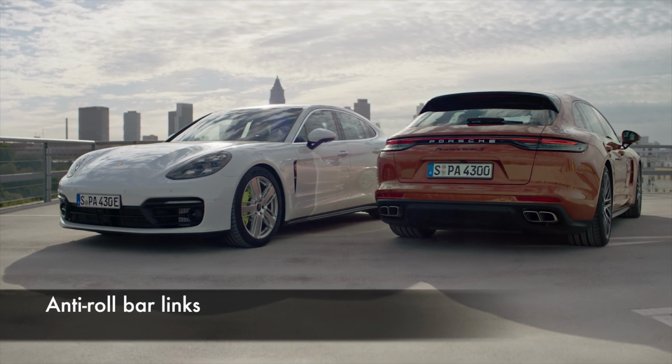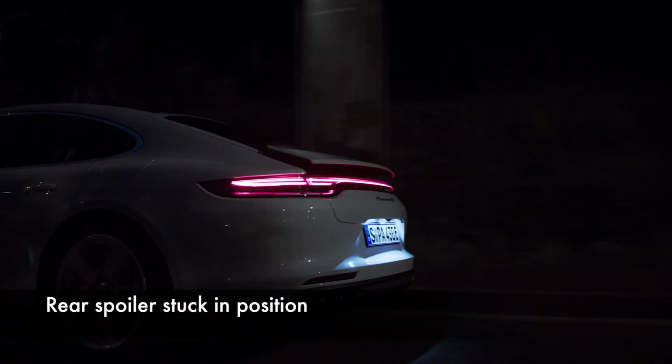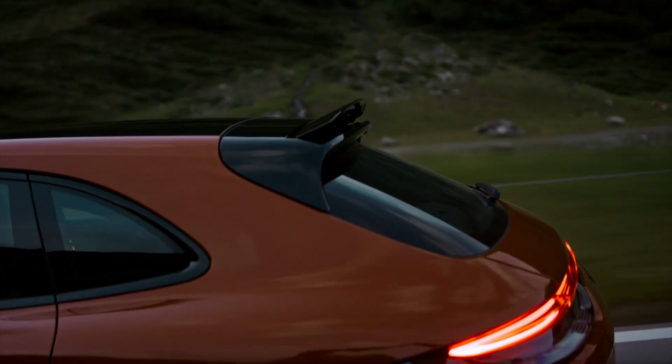Listen for any knocks from the rear on test drive. If you hear them, then it's likely failed anti-roll bar links. Check the rear spoiler lowers and raises several times without sticking. It's not that common, but will require a few hours swearing on your driveway while pinching your fingers or some